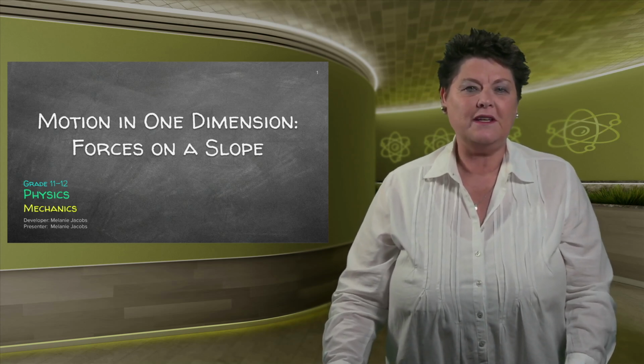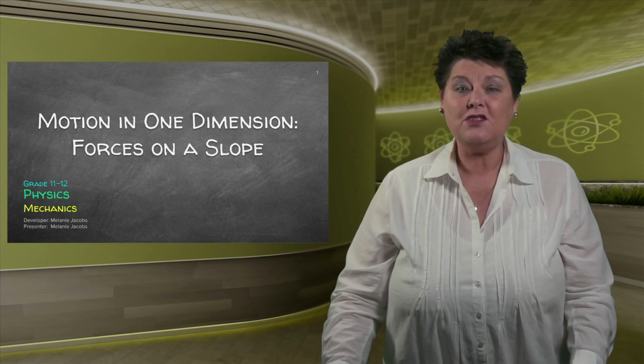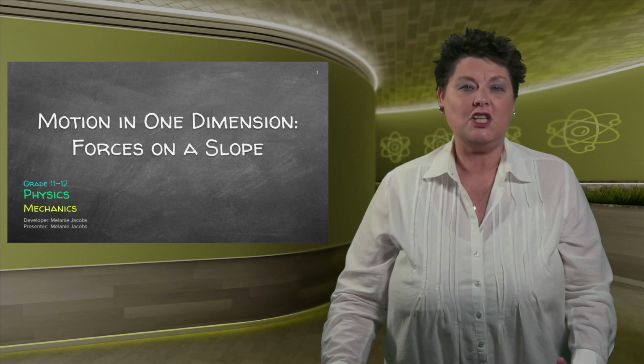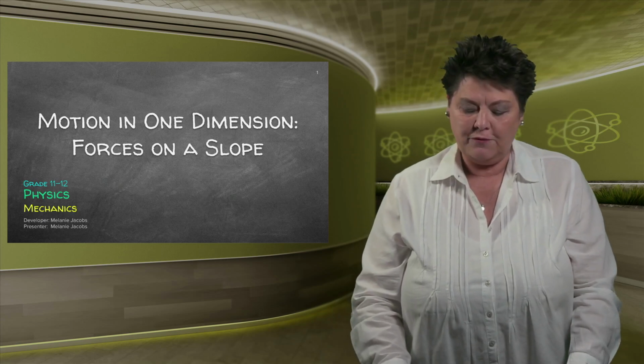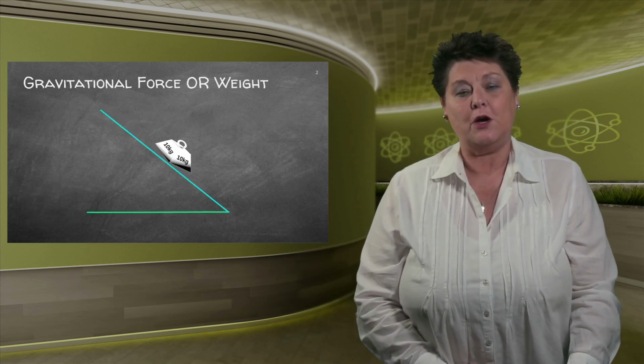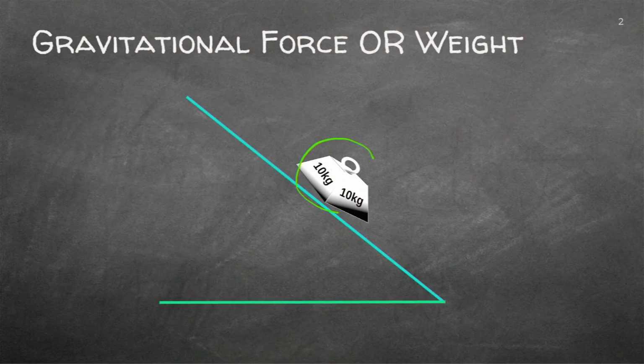And when we do vectors, we've got to work with flat surfaces as well as slopes. So let's have a look at the forces when we're working with a slope. So I've got a 10 kilogram mass here, which is actually lying on top of a slope. Now, we usually will have the angle. Let's say this is 45 degrees, but it can be 30, it can be anything.